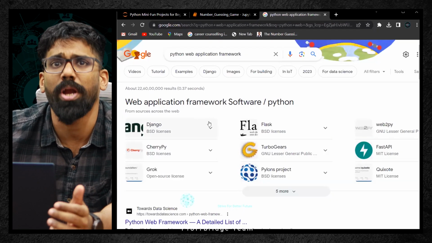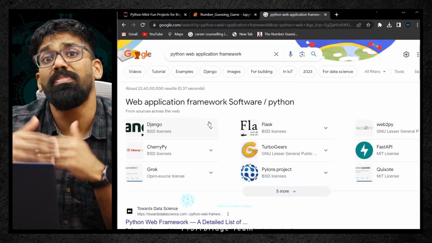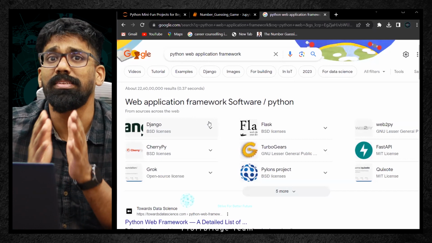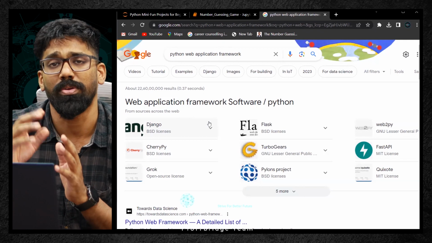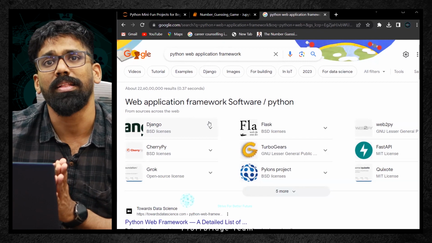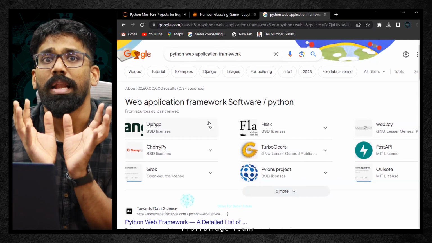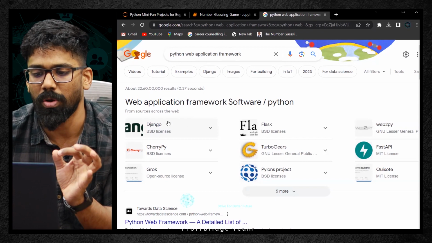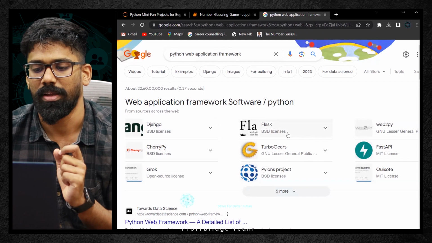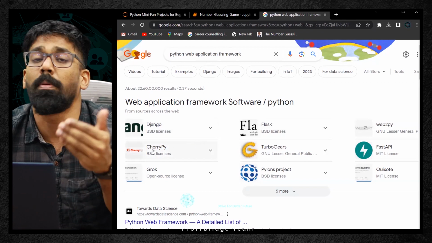All right, so now the next question comes here. What is this framework? Why do we need to rely on it? Whenever we are going for any deployment, there is a set of rules and regulations which we have to follow. That's what developers developed and set as a framework. Like here we have something called Django, Flask. These are all Python-based web application frameworks.